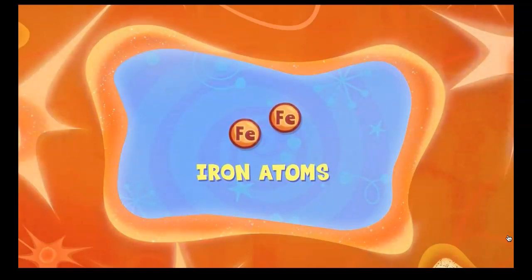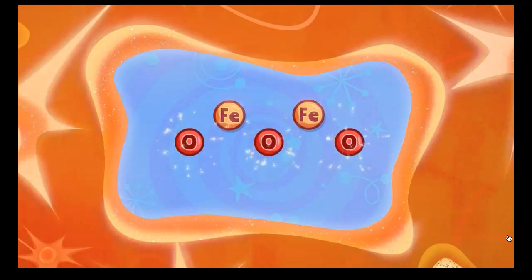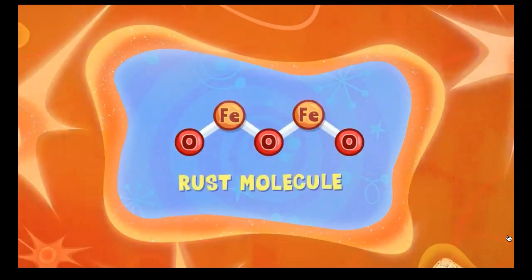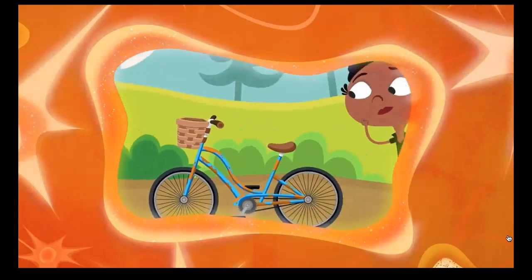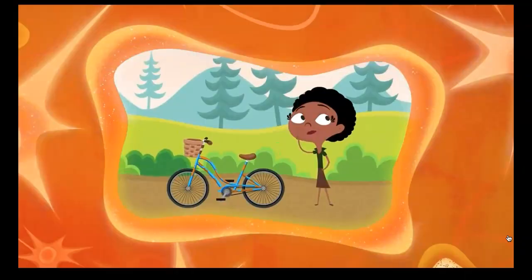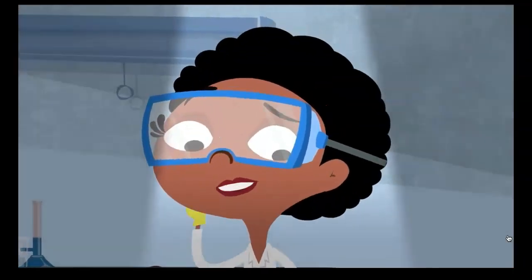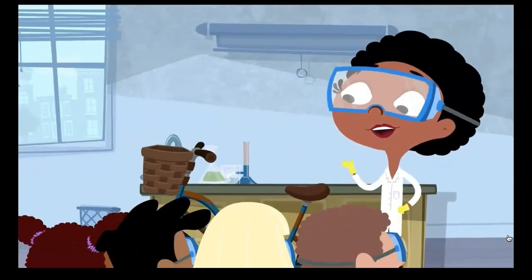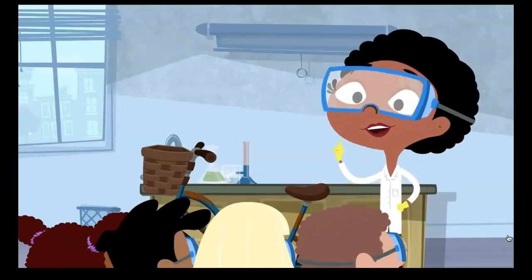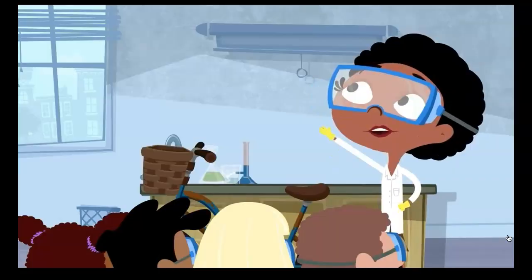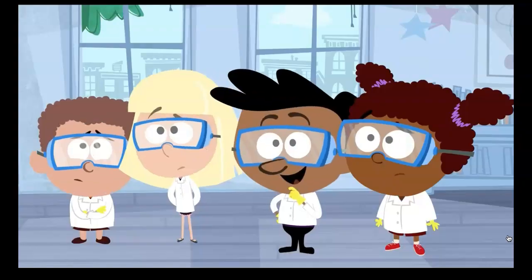But, as you can see, where'd those oxygen atoms come from? Well, he is right that rust is made up of more than just iron. But where did he think those atoms came from? I realize now that I wasn't very specific earlier. I should have said, the iron atoms in this bike combine with oxygen molecules from the air around us to produce rust.